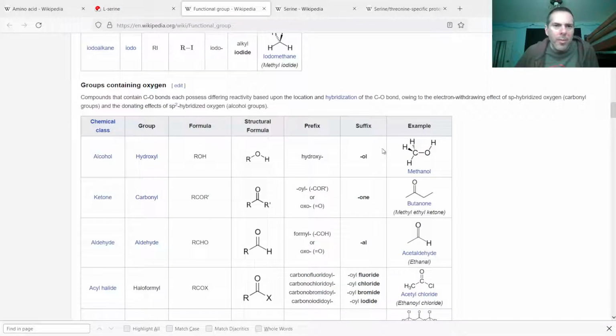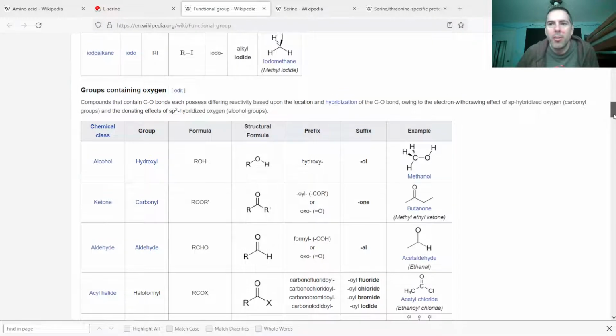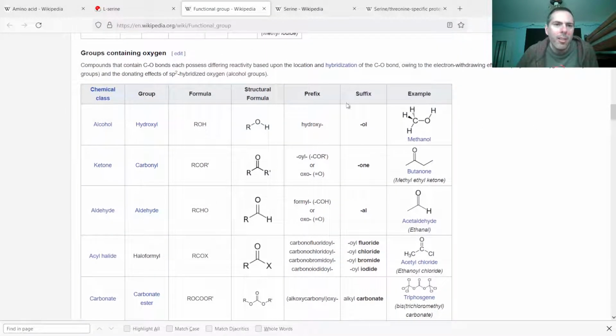I didn't bring this up before, but here's a list of pretty much any functional group that's defined. In biology, there's definitely a subset of this that comes up much more than anything else. So in a biology book, it'll be a much simplified table of functional groups. But here's the hydroxyl group, just an OH attached to the remaining molecule off to the side here.